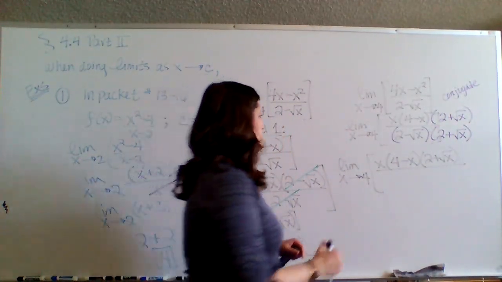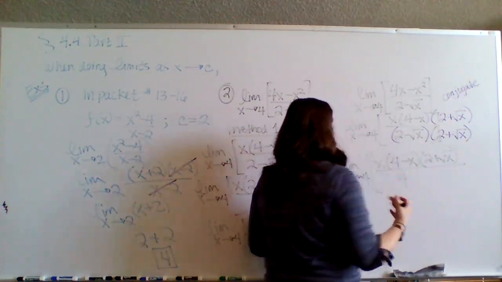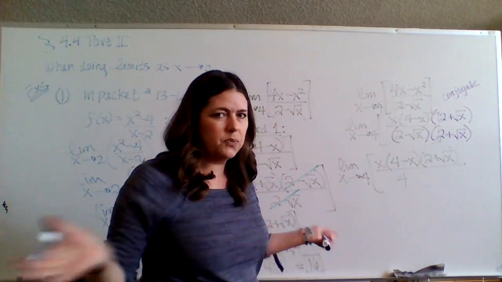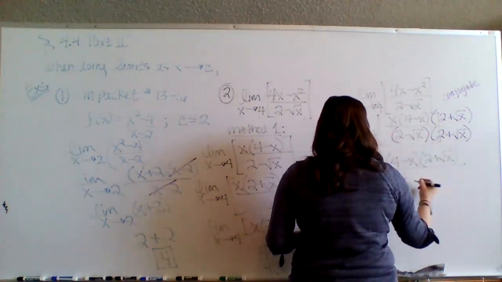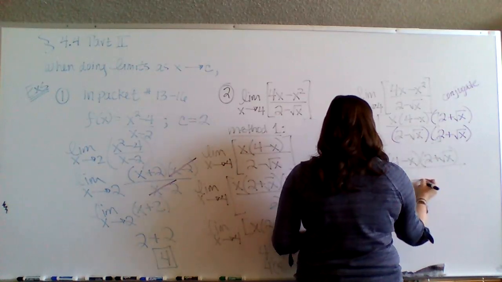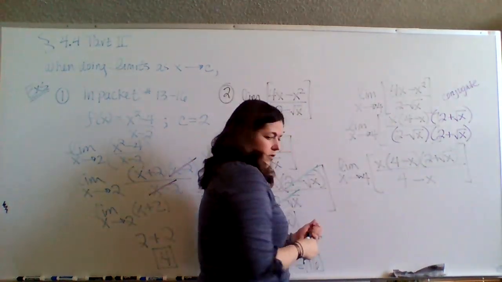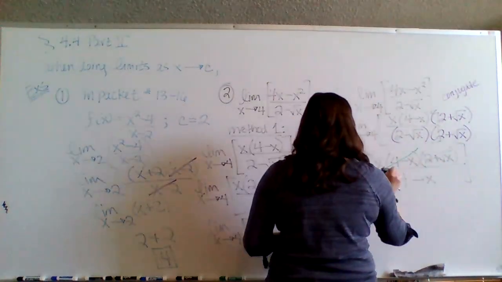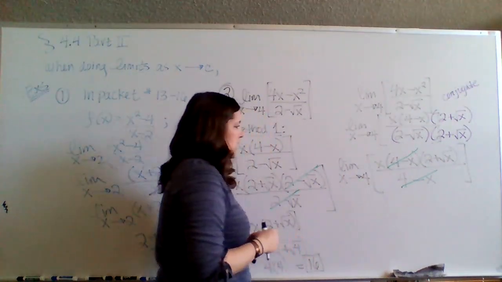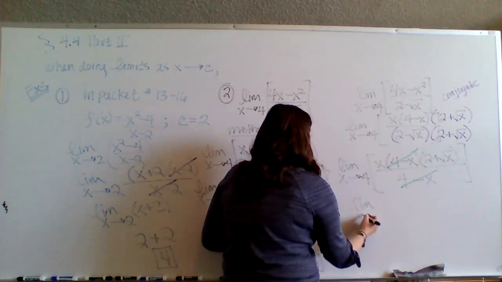So 2 times 2 would multiply to 4. The outside and the inside are going to cancel. Don't even write them down. You know they're going to cancel. You're multiplying with conjugates. One's positive, one's negative, and they're gone. A negative times a positive is a negative, and square root of x times square root of x is just x. Oh, and since we're in factored form, now can't we slice out the common factor, 4 minus x with 4 minus x? If a bad factor goes away, and now I don't even have a denominator anymore,